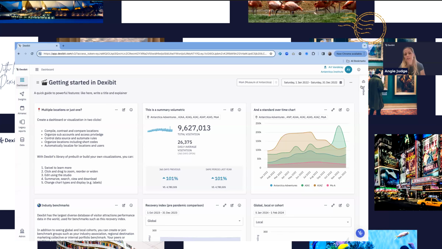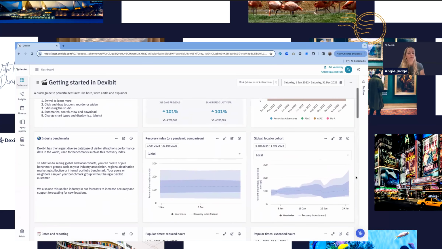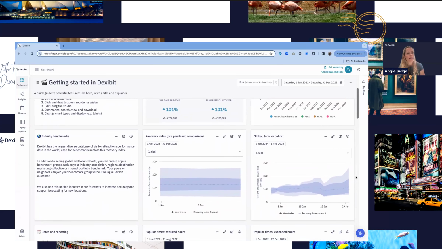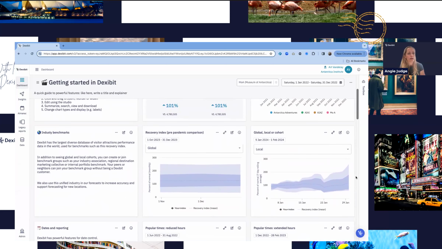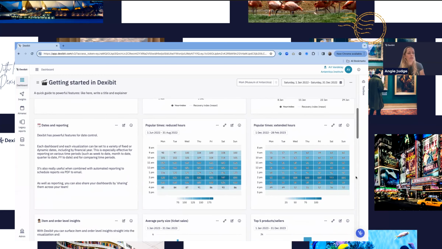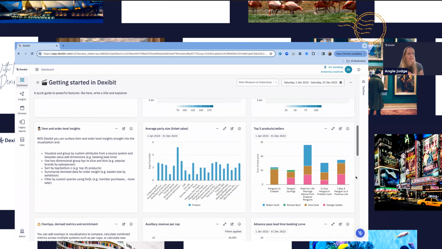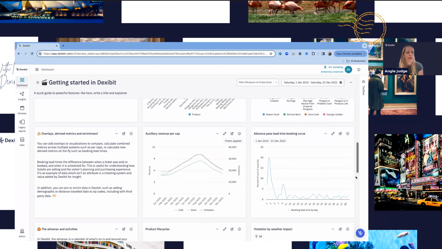There's some great functions in Dexibit for managing multiple locations and lots of identity and access management that goes behind that. Some beautiful benchmarks for looking at industry data so you can compare and contrast yourself with what everybody else is doing in the sector. And some awesome functionality for diving into very deep insights with your data, right down to things like how many people bought a $25 blue hat in the shop from a particular sales rep on your staff, including a whole pile of stuff around